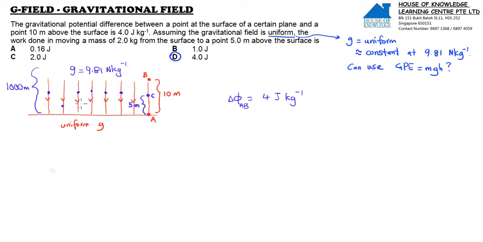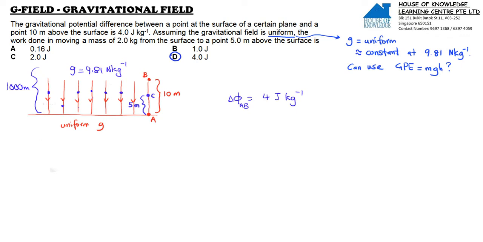This is different from the non-uniform gravitational field strength that you have learned previously. So imagine this is the Earth, and this is the non-uniform gravitational field strength. The g here is larger, g1 and g2. Which one is larger? Obviously g1 is larger. If you put 1 kg here, you will experience a larger force than if you place it at g2, because g2 is weaker. So the meaning of uniform g is that you experience the same force everywhere, due to the same magnitude of strength in this region.